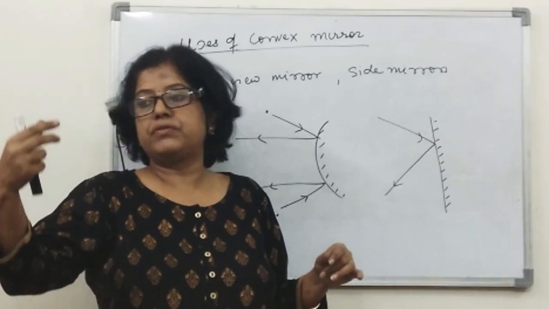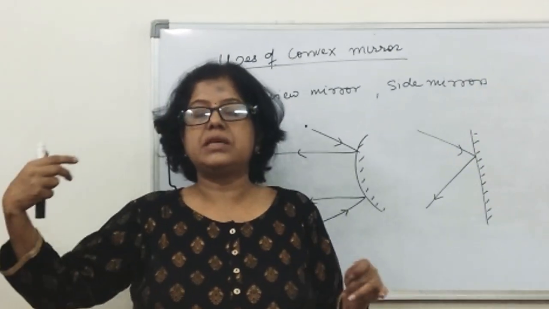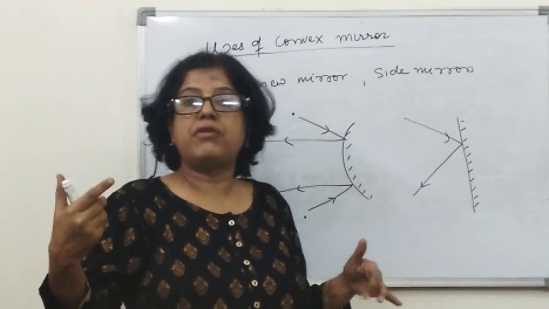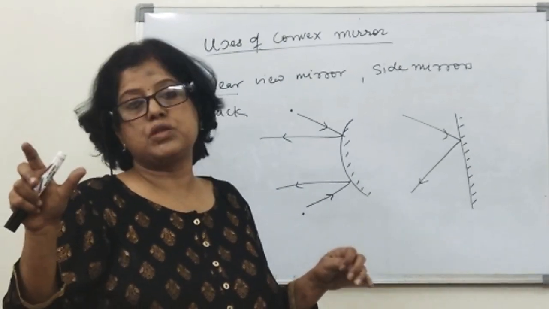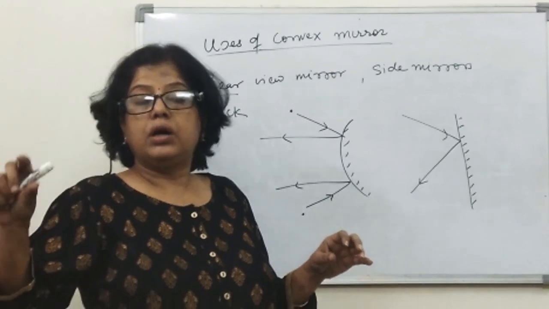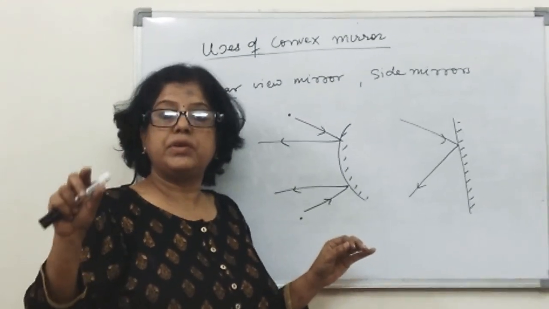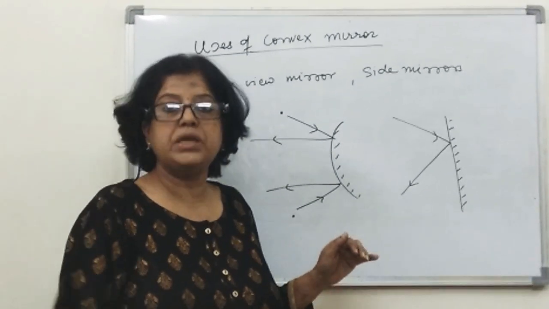It's very obvious. If we are seeing a smaller image, it seems that the object is far away. But it's not actually far away. It's because the mirror is forming a smaller image. That's why